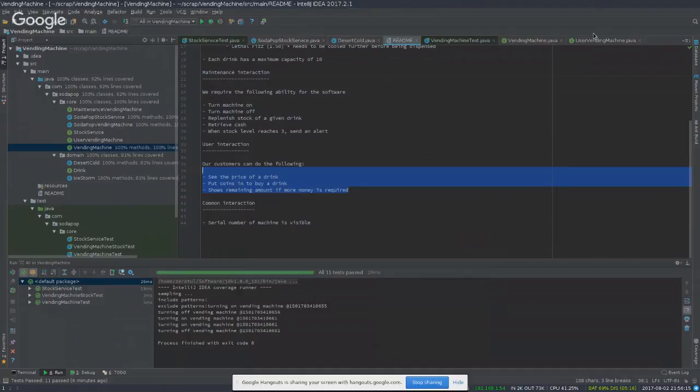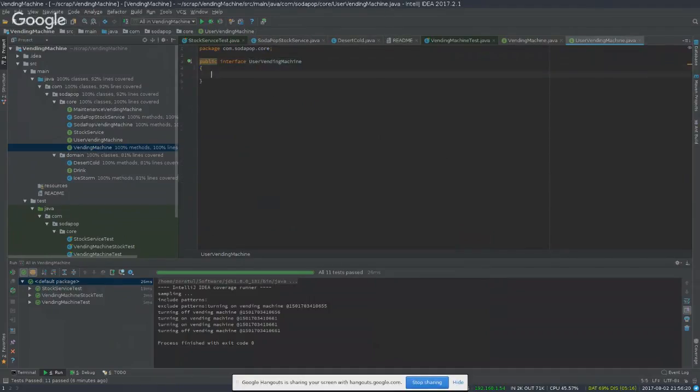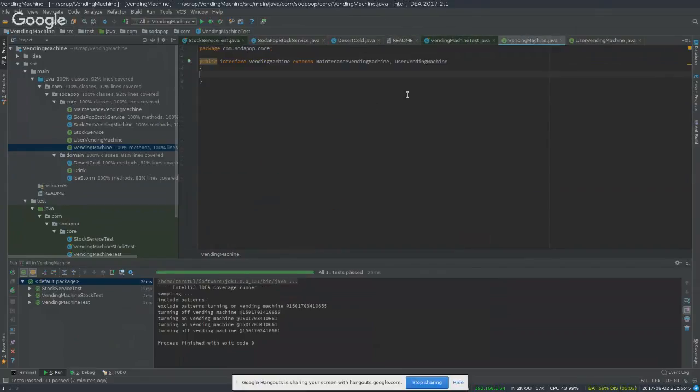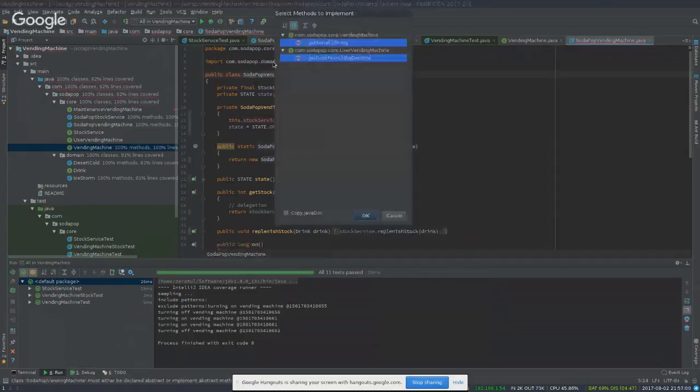So see the price of a drink, for example. So here we could say this is going to return, let's say, get drink price, for example, okay? And the vending machine, for the common part, as we saw, will be get serial number. So if we come into here, the common part, which is the vending machine interface, it would say string get serial. Okay, so now if you go back to any of the implementations,